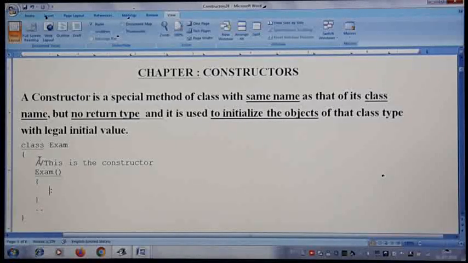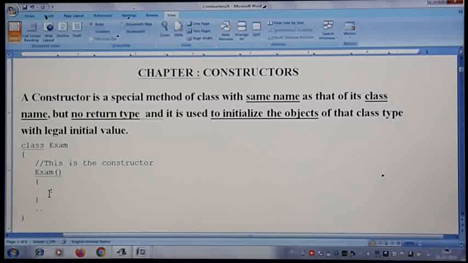Or for the variables you write here, sometimes you set the initial value to 0, sometimes to null, or you want to set a final value, or a pi value, or any tax value like GST. All such variables where initial values have to be set, such kinds of statements can be written in the constructor.